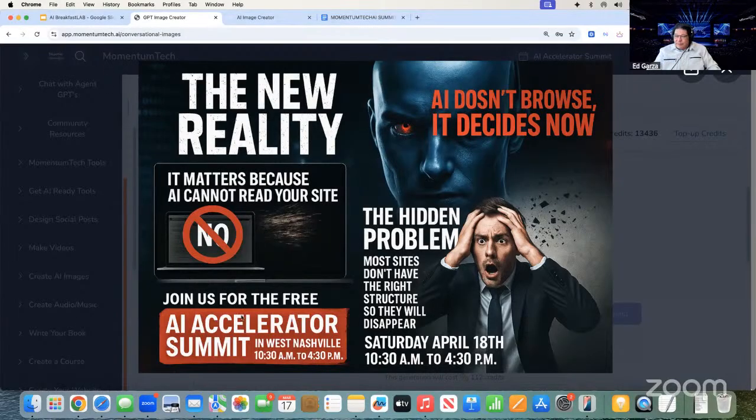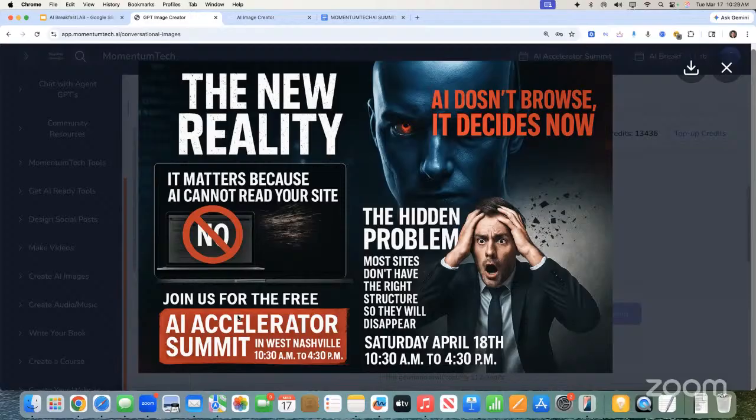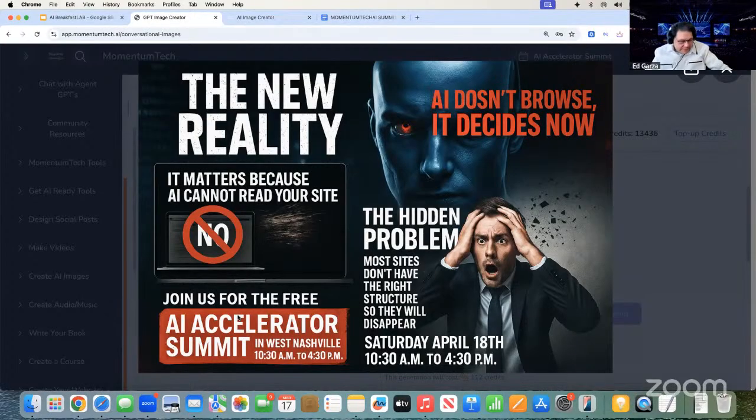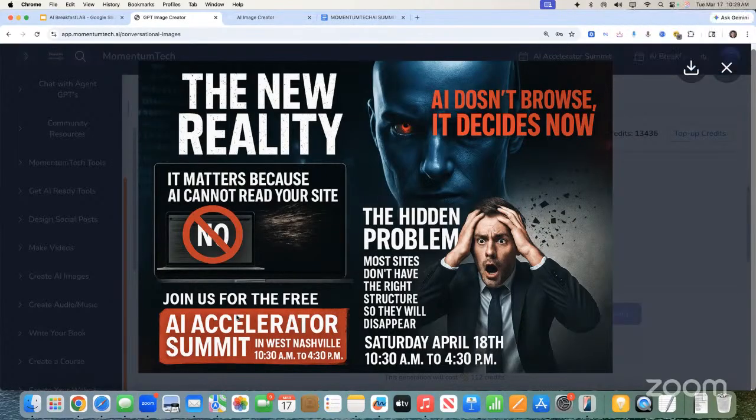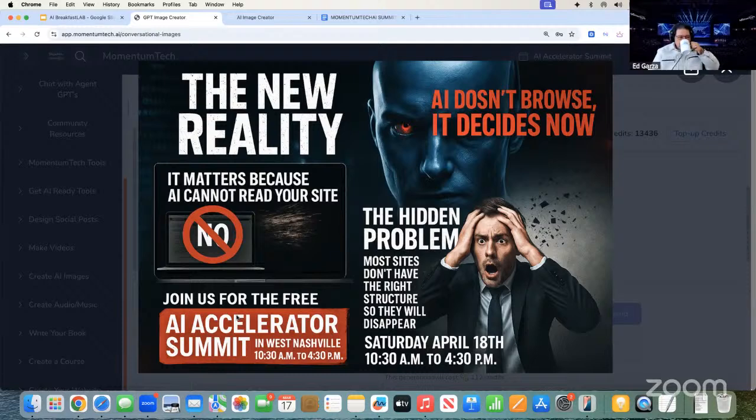Beautiful. What, James, you're here. What do you think of that image? You like it? Yeah, I love that image. That is incredible. Eye-catching. Have you ever seen our platform design an image like that before? Not quite. Nope. Now it can, guys. So you just have to know how to do it. You just got to know how to do it.